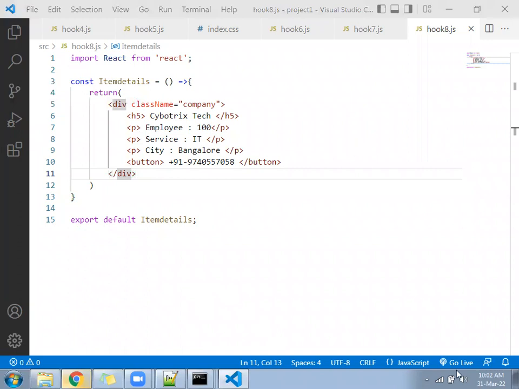Okay, ready. So let's go to the next file, that is called the hook 7 file.